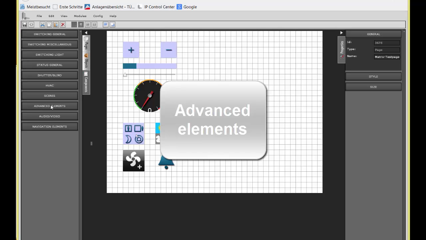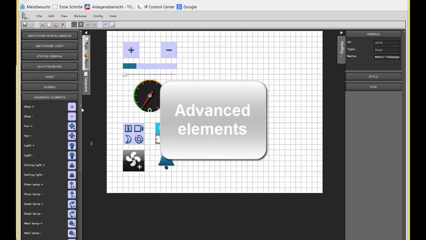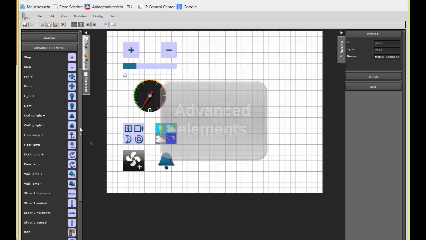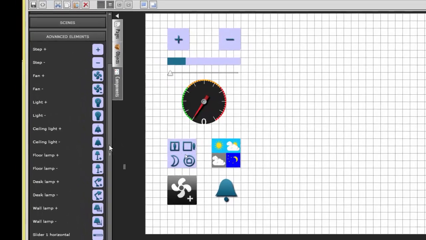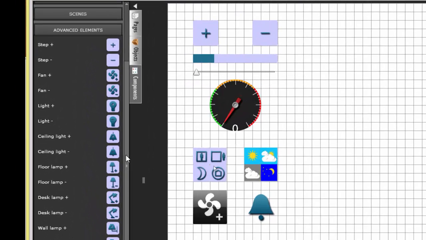Category Advanced Elements. This group of elements contains almost everything you might have missed so far. There are some simple controls for analog values, like increase, decrease, sliders, a gauge,